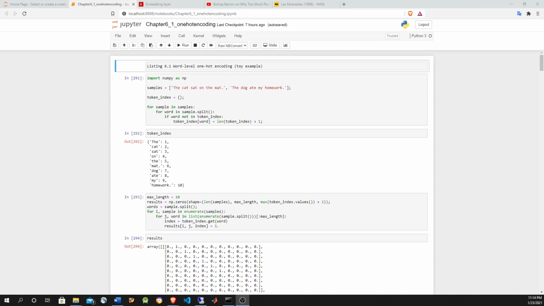Hi, in this video I'm going to show how to use encoding and embeddings for deep learning networks for natural language processing in Keras. Natural language processing has many applications. One of the most common is understanding text to match a search in a search engine or doing a translation